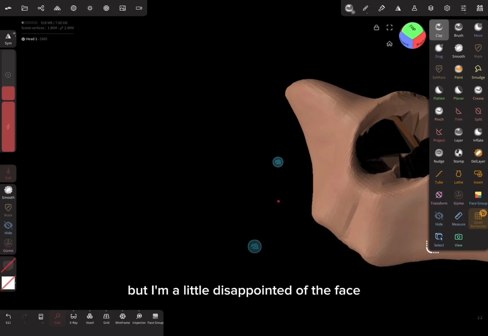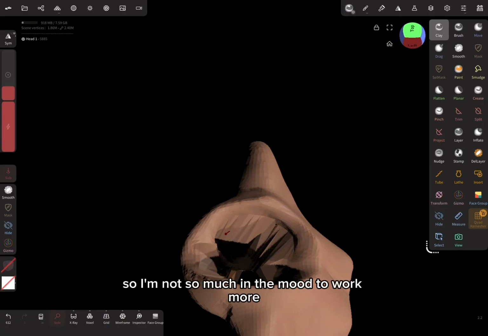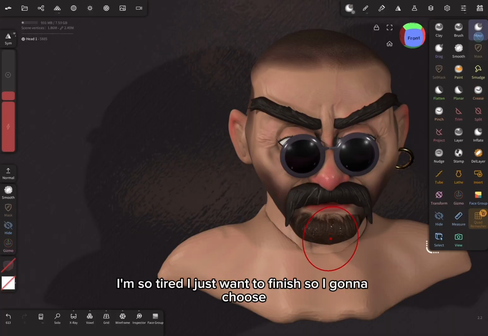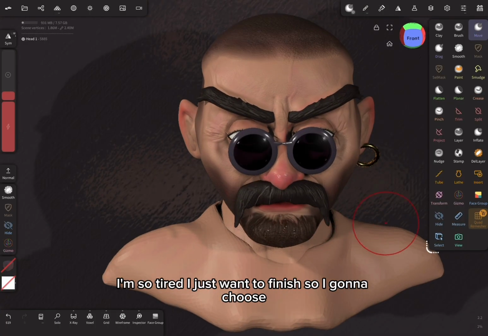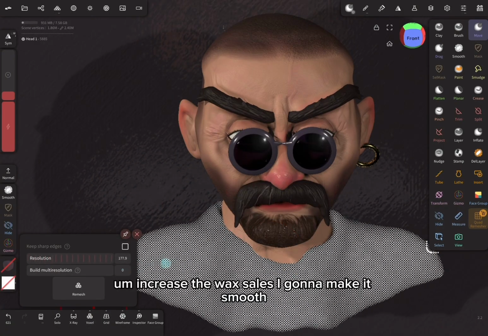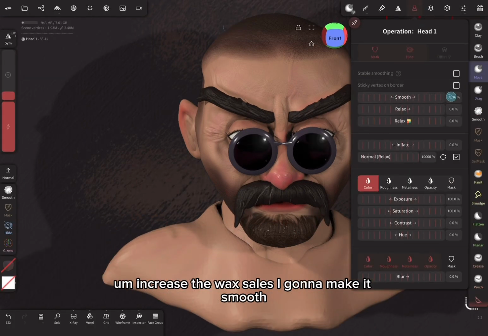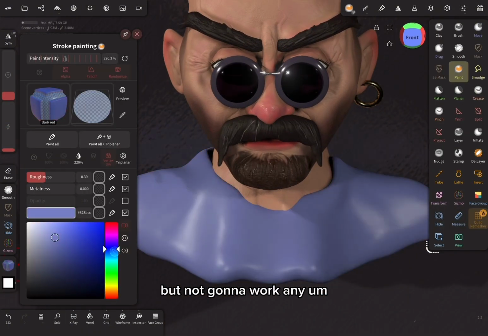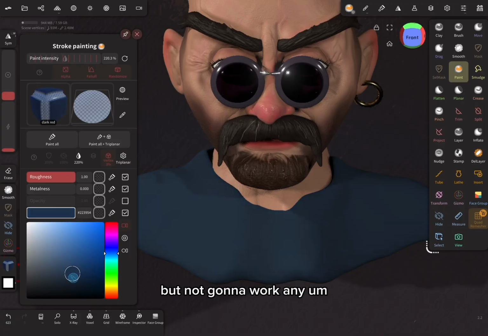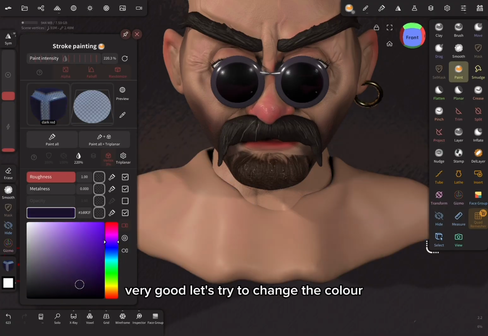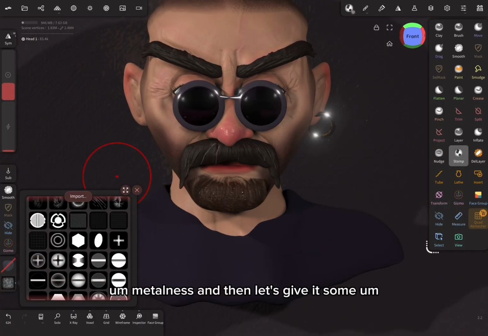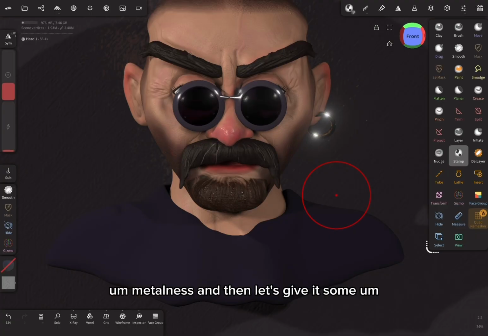But I'm a little disappointed with the face, so I'm not so much in the mood to work more. I'm so tired. I just want to finish, so I'm gonna increase the voxels. I'm gonna make it smooth. I'm trying to make it a little thinner, but it's not working very well. Let's try to change the color. I don't want so much metalness,